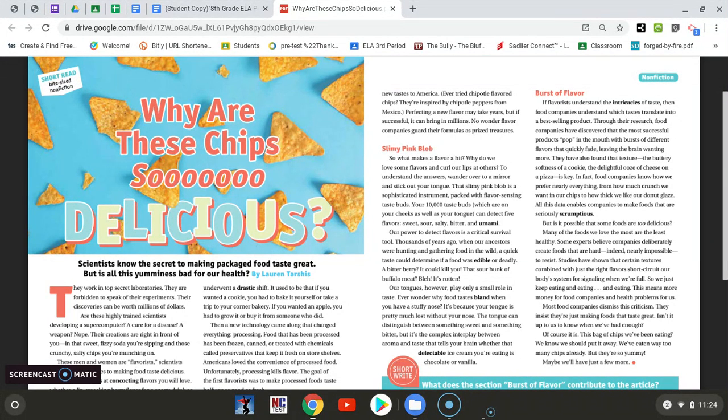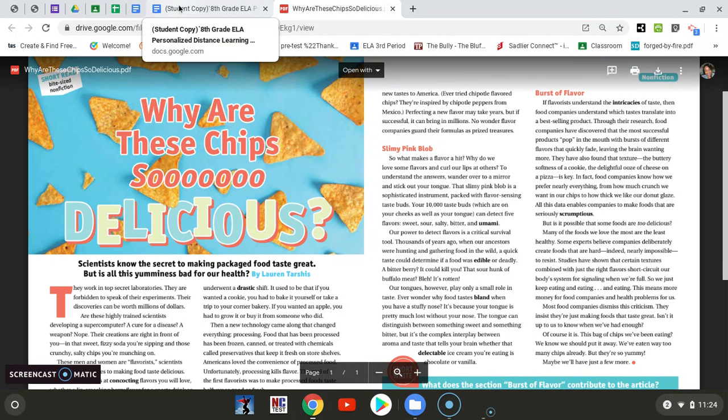Those headings help you with figuring out the topic of that section, and then that topic can then lead you to figuring out a main idea statement. And that seems to be something that you all are continuing to struggle with. And so we're taking a look back at that as well this week.